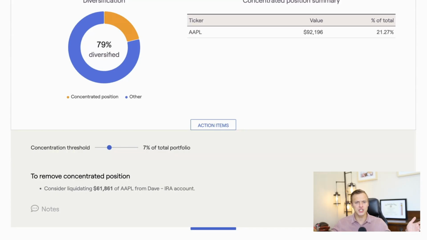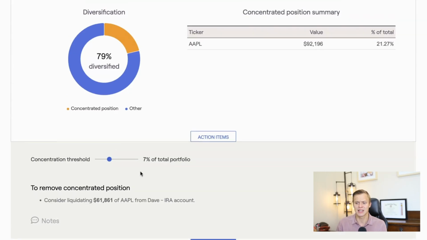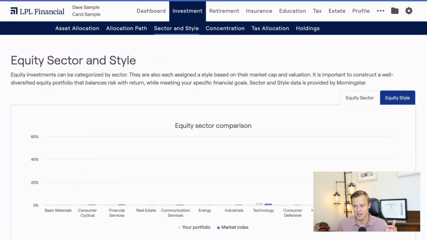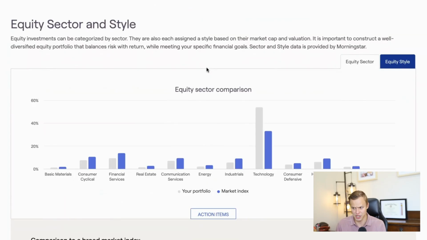So guys, there's a variety of ways that you can analyze single stock concentration. But what I encourage you to do is look at your portfolio and make sure that from an allocation perspective, you are diversified and not too many of your eggs are in one single position. This brings us to the second type of concentration risk. And that second type of concentration risk is sector or industry concentration.